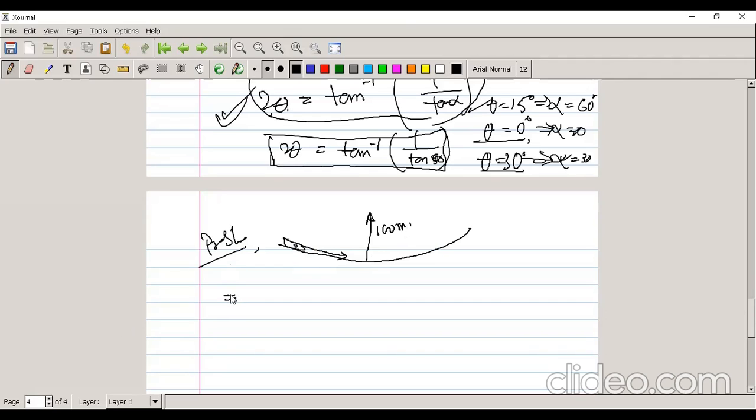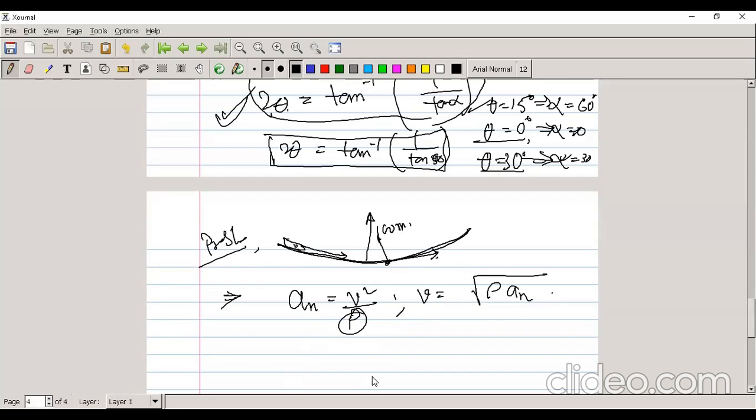To solve this type of problem, remember this thing: if a curved path is there in the question, always first write down the normal component of the acceleration. If any particle moves, the tangent portion gives us the tangential acceleration, and the perpendicular to that gives us the normal acceleration, and that normal acceleration is always v squared by rho, where rho is the radius of curvature. So from there we get v is equal to root over of rho an, right?